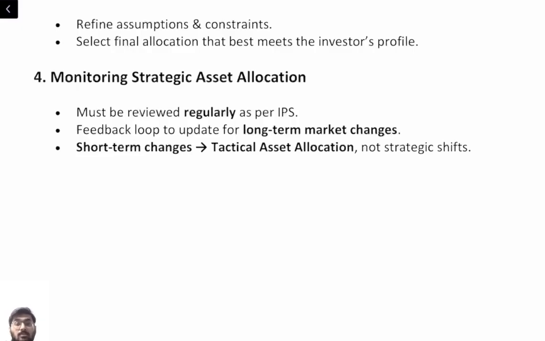So what is this strategic versus tactical allocation? Strategic allocation is always for the long term. Tactical allocation is like making short-term adjustments. Like, you know the market condition is not good, so the strategic equity level is 60, but temporarily you will move it to 55. Why? Because of the market condition, you don't want to hurt your portfolio's return in any manner.